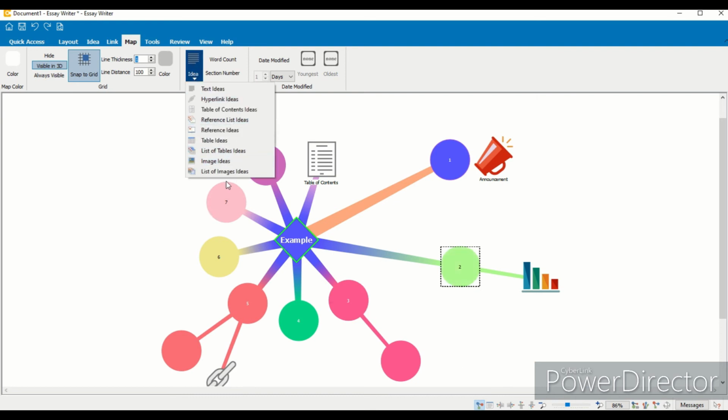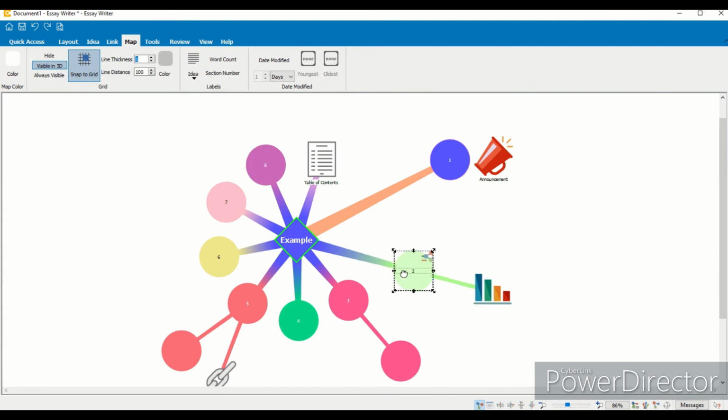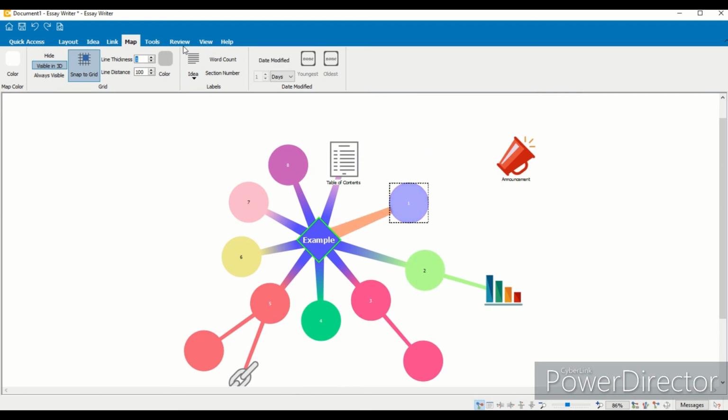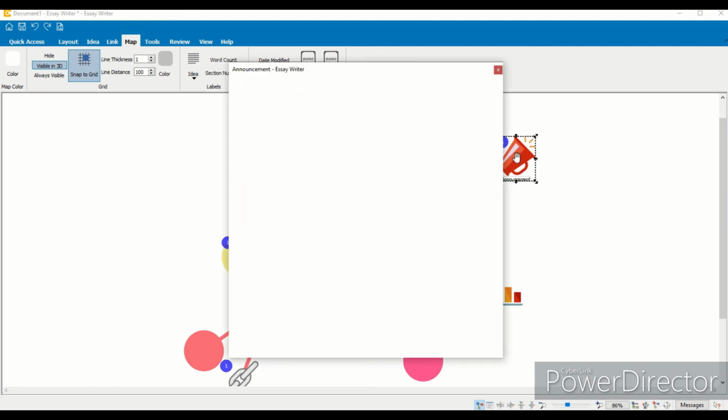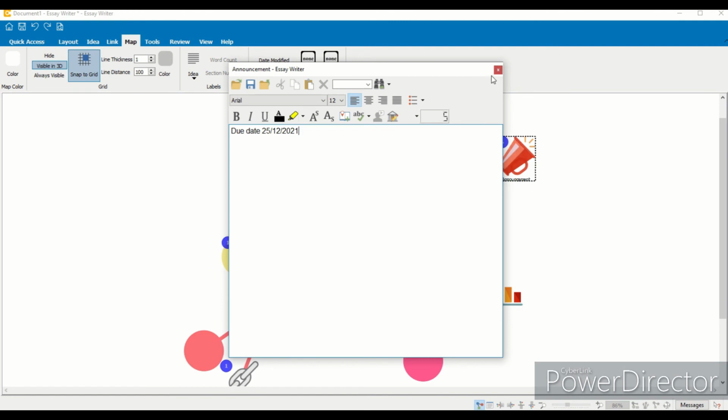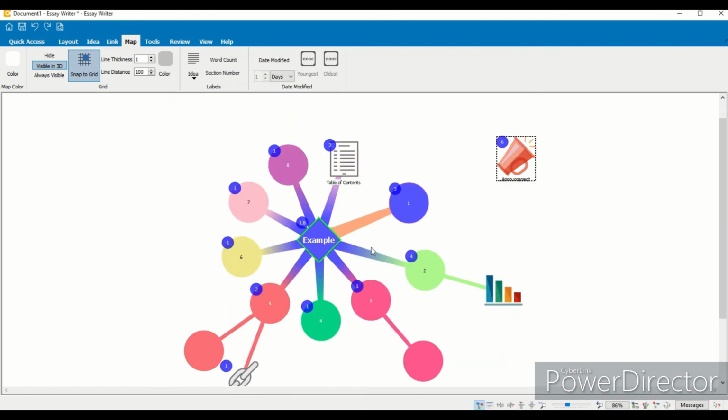Here again, we've got new ideas again. Like we said, there's a lot of things that you will see repeating throughout the different ribbons and the different options. Now we do have word count labels here as well, so you can see exactly how many words are in each section. So you can see the sections that we've typed something into, so we can see that our second section here has got a couple of words in there, and our announcement has got a couple of words in there because we've added a due date, and then we can see the things that aren't